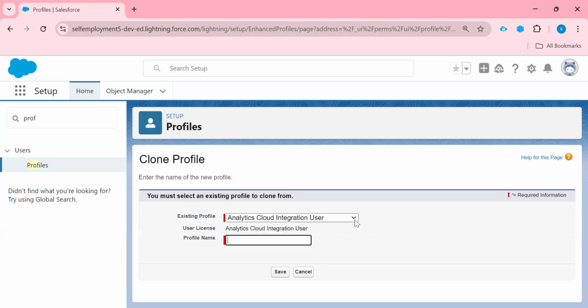Here I need to select a base profile. So standard user, I'm going to create a standard user, this one. So this is my base profile. I will make an addition here, right?